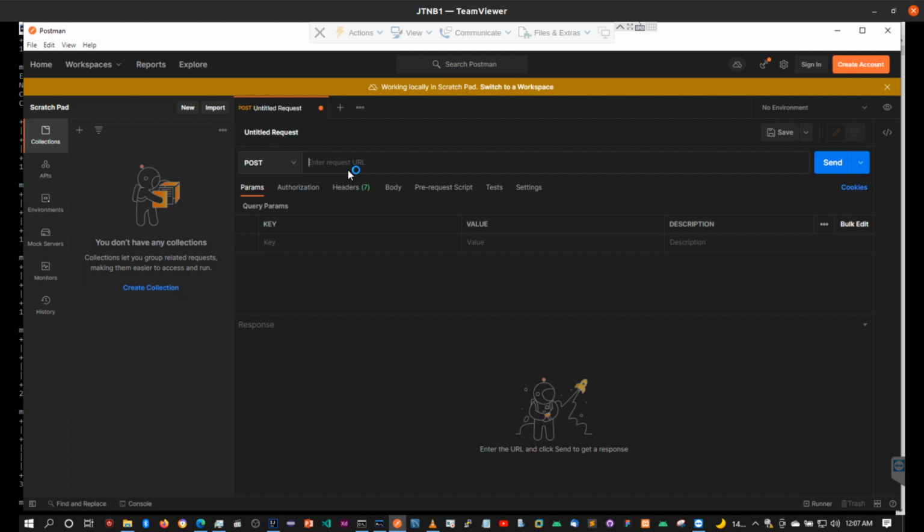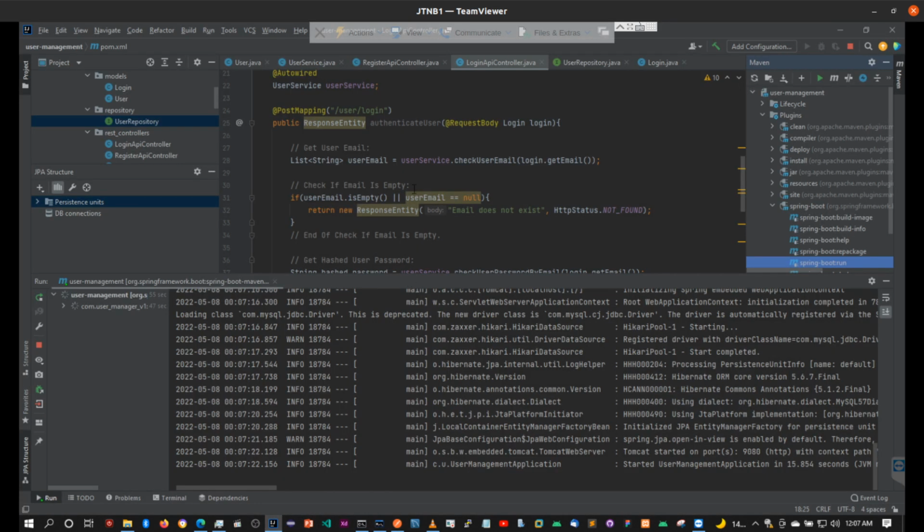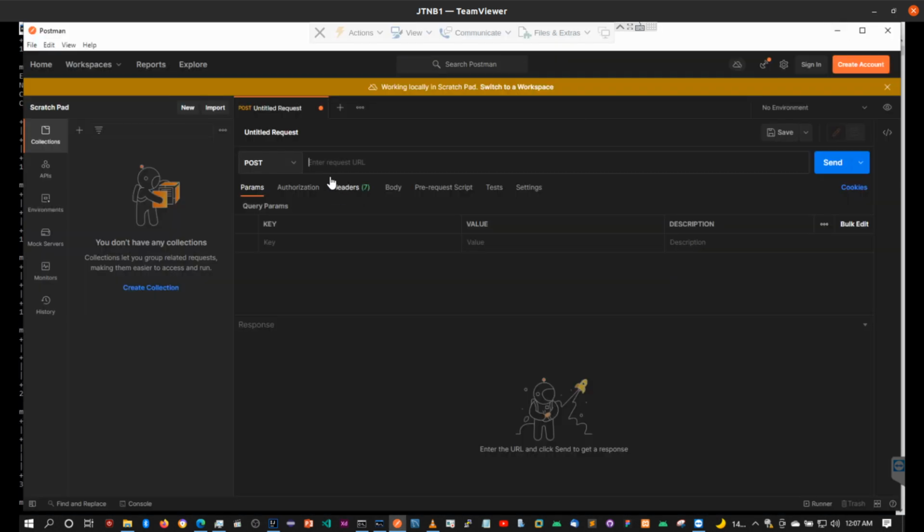we can close this. So remember, because this project is running on that local machine, we don't have to say anything else. We can just say localhost and then port, I believe it's 9080, and then we're going to say API and then v1 and then user and then login. And then the parameters, oh, by the way, because it's expecting a JSON object,